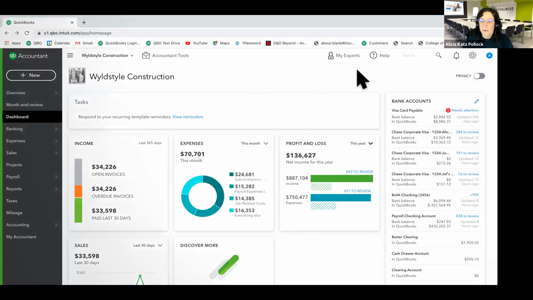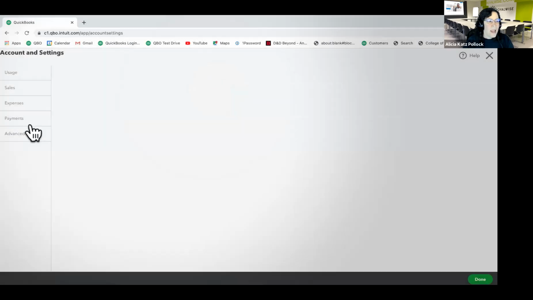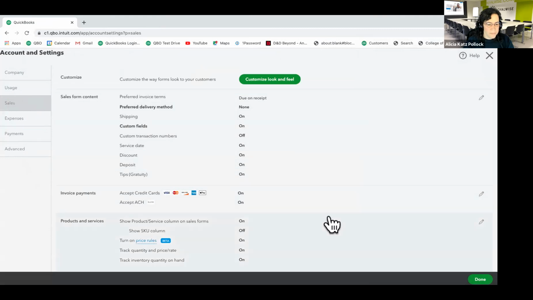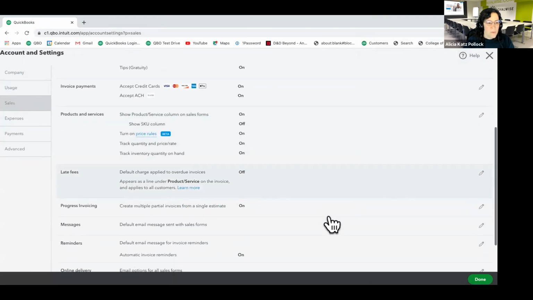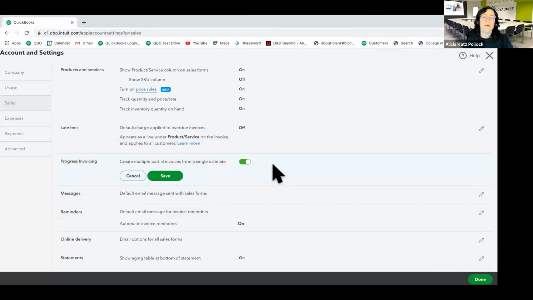And where I'm going to go is up to the gear in the upper right-hand corner and then over to account and settings. And when I'm in the sales section right here, we have a section for progress invoicing, and you want to make sure that this is on. That's what's going to allow you to take an estimate and then break it up into several stages and invoice